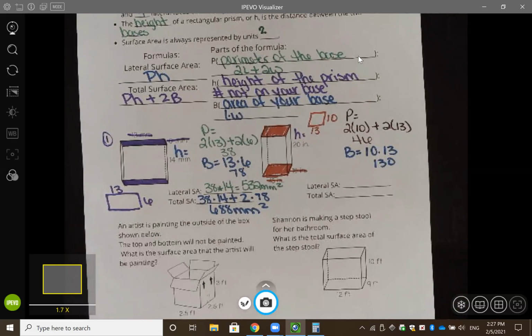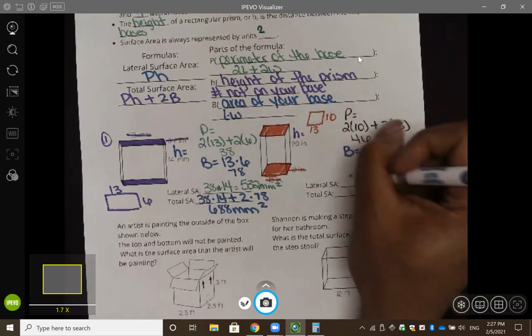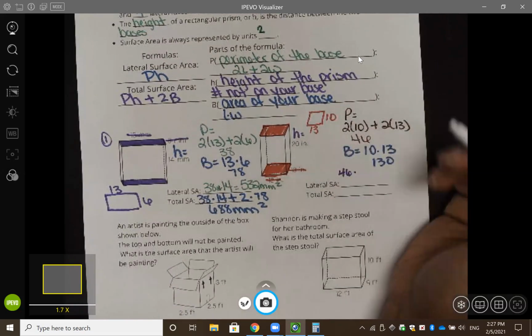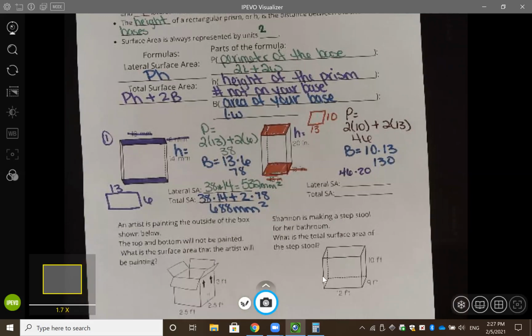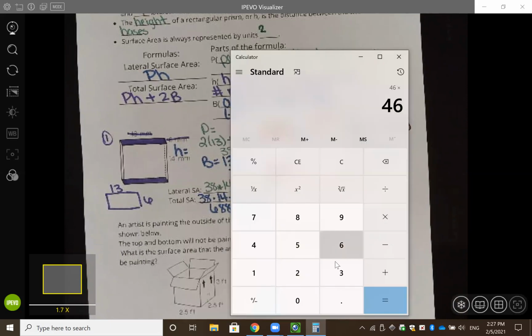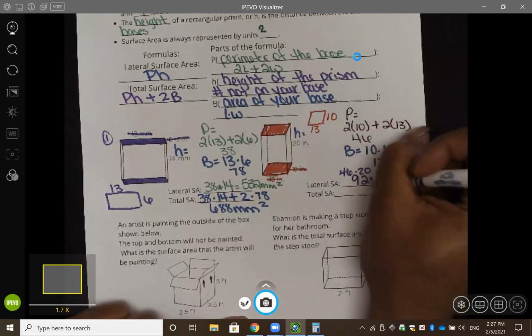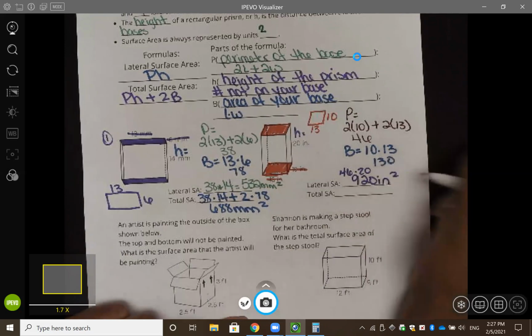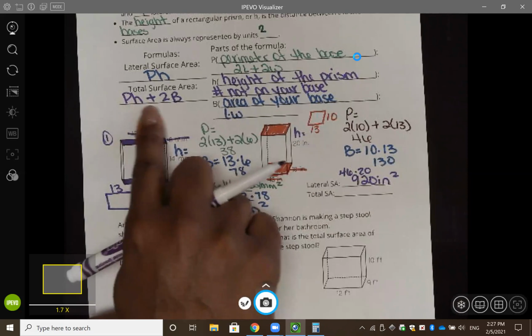So for my lateral surface area, I am doing perimeter times height. My perimeter is 46 times my height, which is 20. So 46 times 20 is 920. So 920 inches squared. And now to do my total surface area, which is P times H plus 2 times